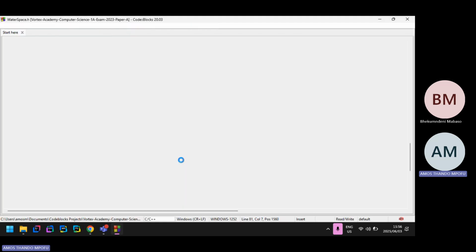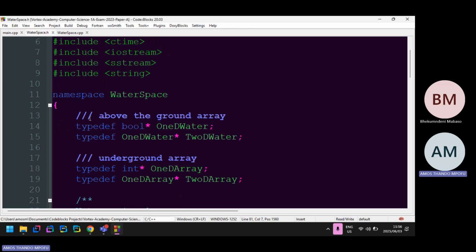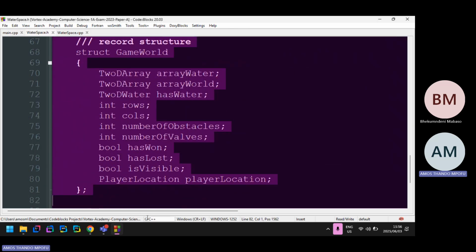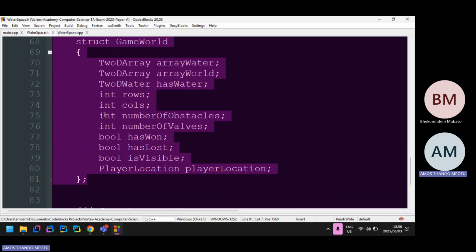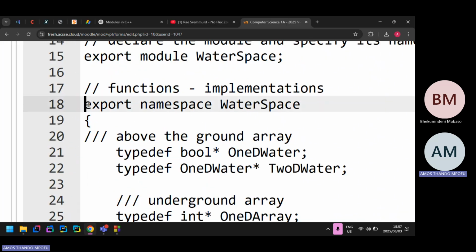This thing, the bonus question, is a bit tricky. You have to go to the header file, and then you copy everything here. Every enum declaration, every struct declaration, typedef, array, everything that's there. You copy it, then you put it inside the namespace. You see? Because we need to be able to also export it.